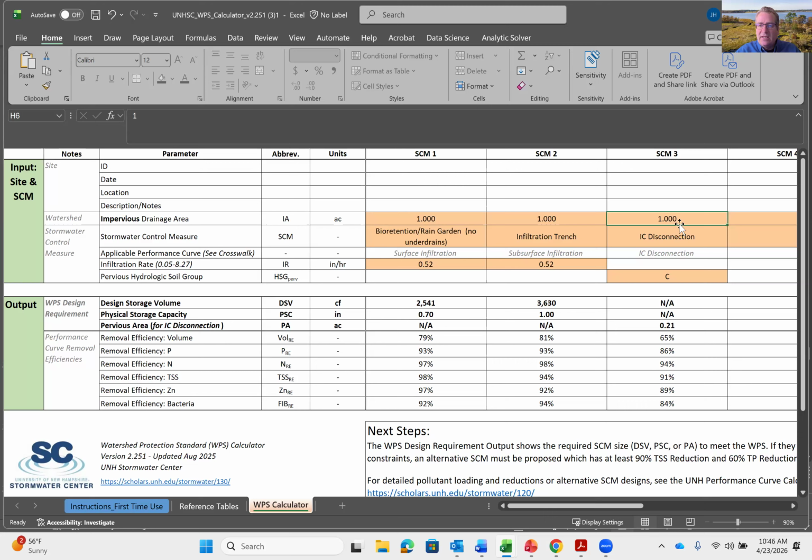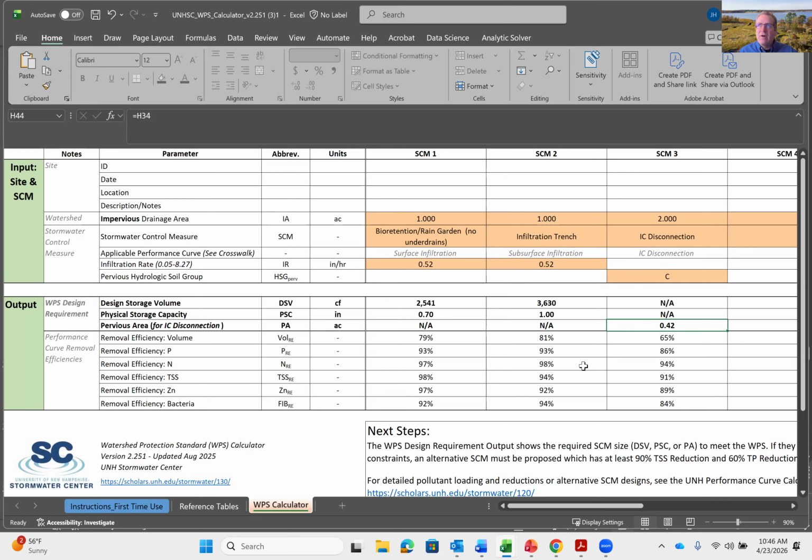If we change again this to 2, that number should go up. So now if we're treating 2, we have 0.4, and it's a little bit more detailed than that, but that includes some engineering. For the most part, for impervious cover disconnection, we only count sheet flow. So, there's some limitations, but that's sort of an engineering constraint.